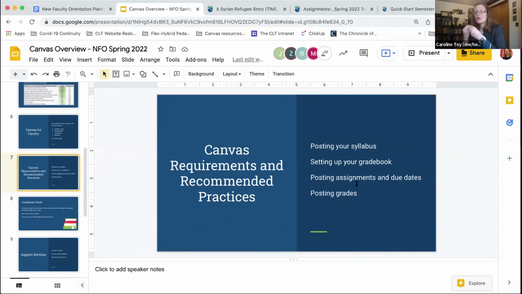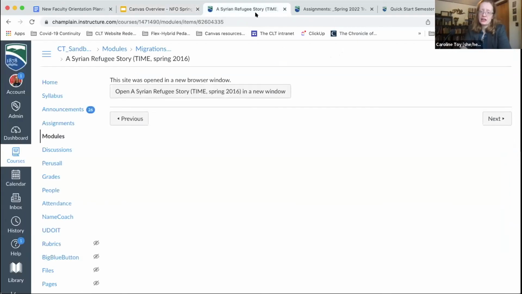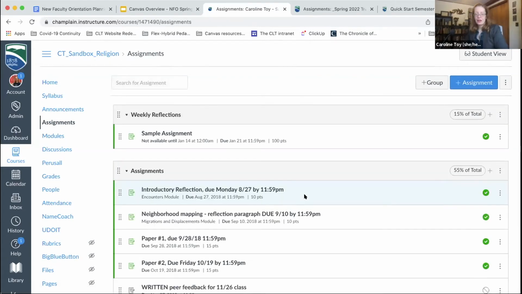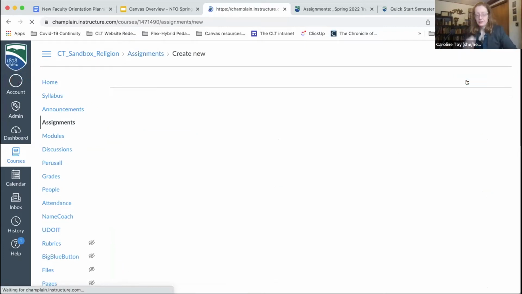So when we look at these requirements and recommended practices, setting up the grade book and posting your assignments, both of those things rely on being able to create an assignment. And I'm going to show you really quickly how we do that, how we create an assignment. So let's go back to our sample course, not the blank course, sample one. What I'm going to do here is I'm going to create an assignment, and I'm just going to start with this blue button here that says plus assignment. We open that up